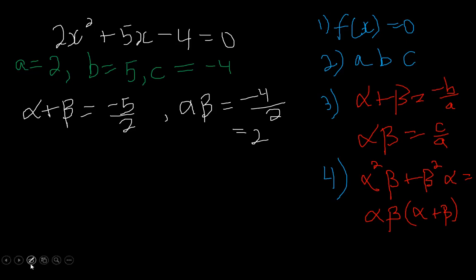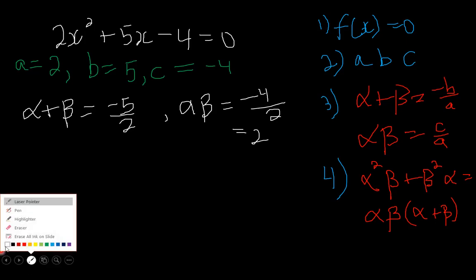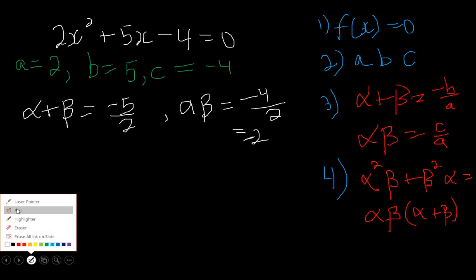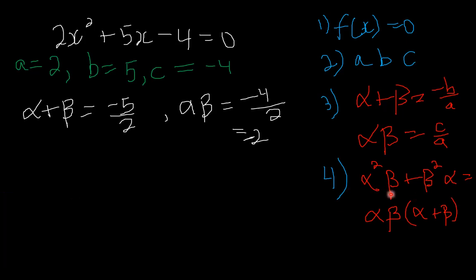Would -4 divided by 2 be -2? Anyways, thank you. Step 4. They want us to find alpha squared beta